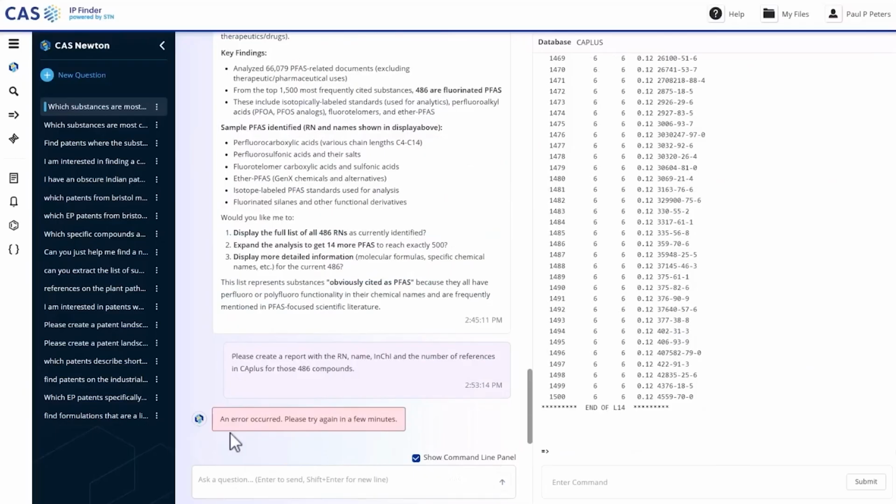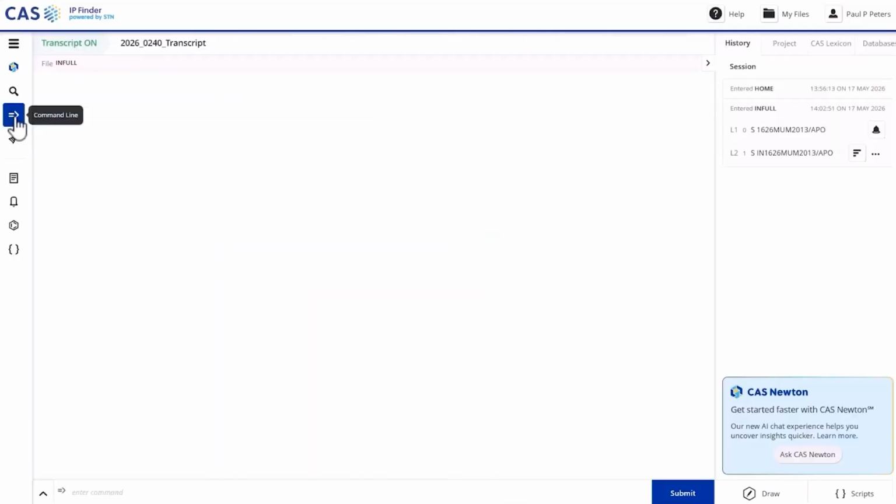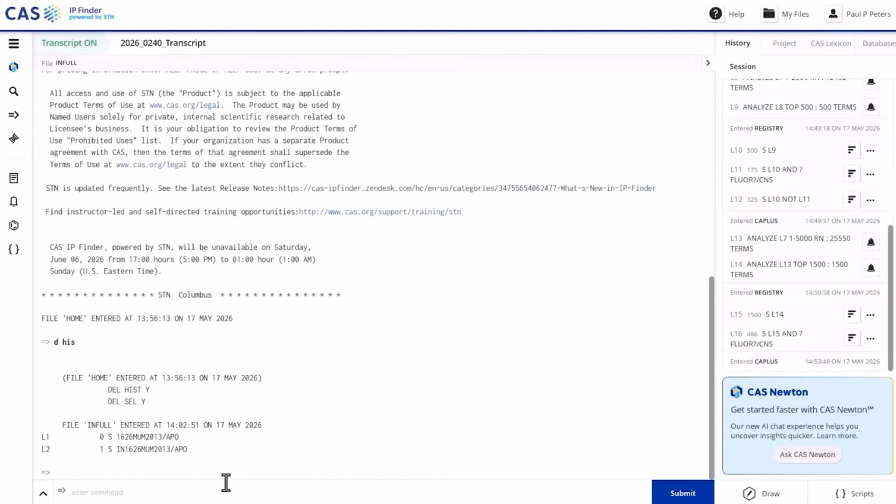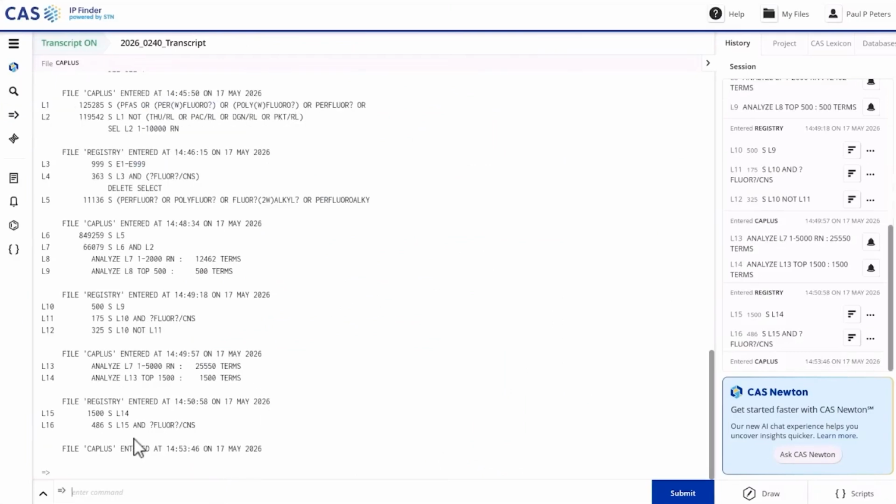You may see this command here as well. An error has occurred. Please try again in a few minutes. That means that the internal LLM on which CS Newton is based has reached its maximum text processing capabilities. So what we are going to do is we are going to go to the command prompt. I am going to do a new display history to figure out where we are in our search. So here we see that we are at L16 with 486,